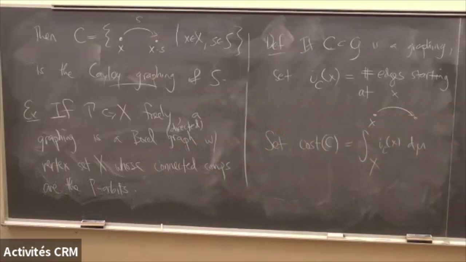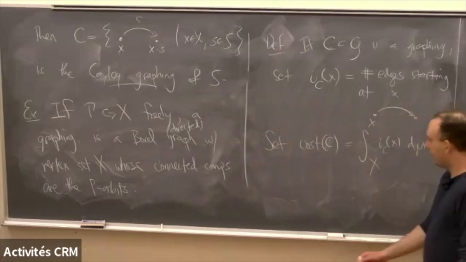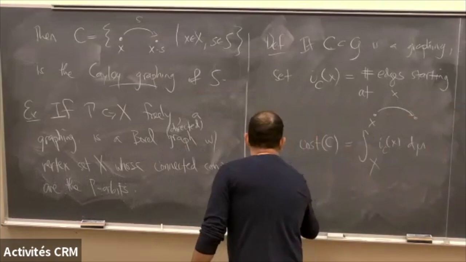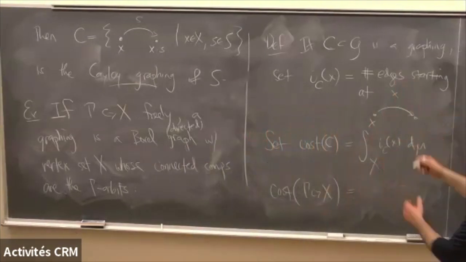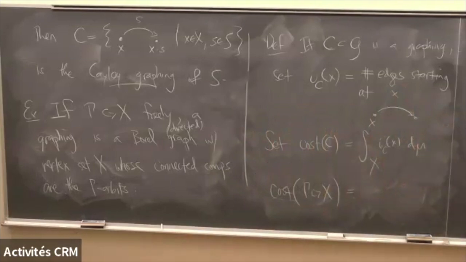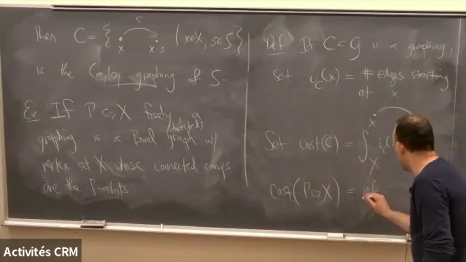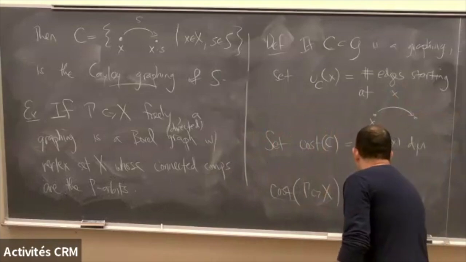So this is the average number of edges coming out from a point in X, because this mu is a probability measure. And then I can set the cost of the action, or the cost of this measured groupoid, if you prefer, to be the inf over all graphings C of